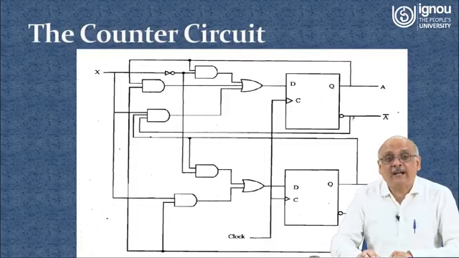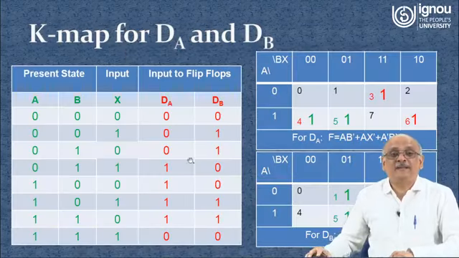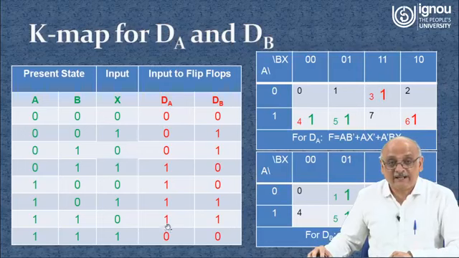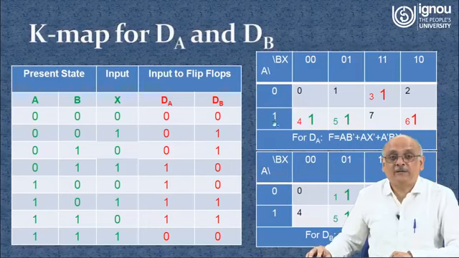So how can we do the design? We always do the design with the help of K-maps. This is the K-map for dA and dB. This was the dA, the output that is input to the flip-flop, but technically this is the output which we are expecting. This is the present state, this is the second input. So these three are the inputs. So it is going to be a K-map with three inputs and one output. That means one K-map will be for dA and the second K-map will be for dB. So we simply can do this plotting now.